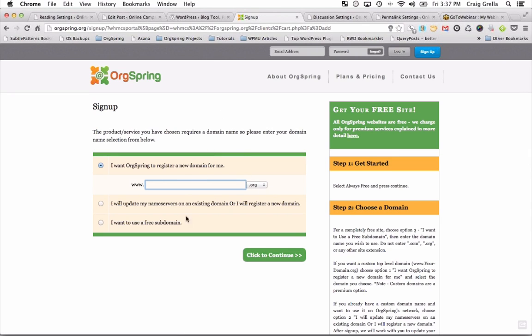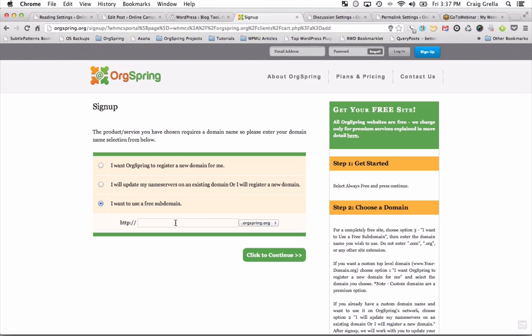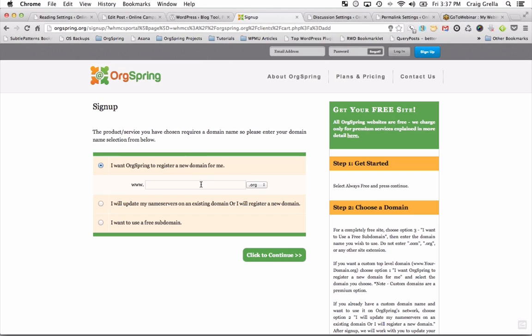If you didn't want to use your own domain, you could use a free subdomain, a completely free site, johnsmith.orgspring.org. Or if you already have a site, you can get a free WordPress powered site with ours. Just type in your address and you'll be able to do that. Or you can order a completely new site from us, johnsmith.org, and have a site on our server with your own domain name. And it takes you through the same process that WordPress does, except what we have is specialized